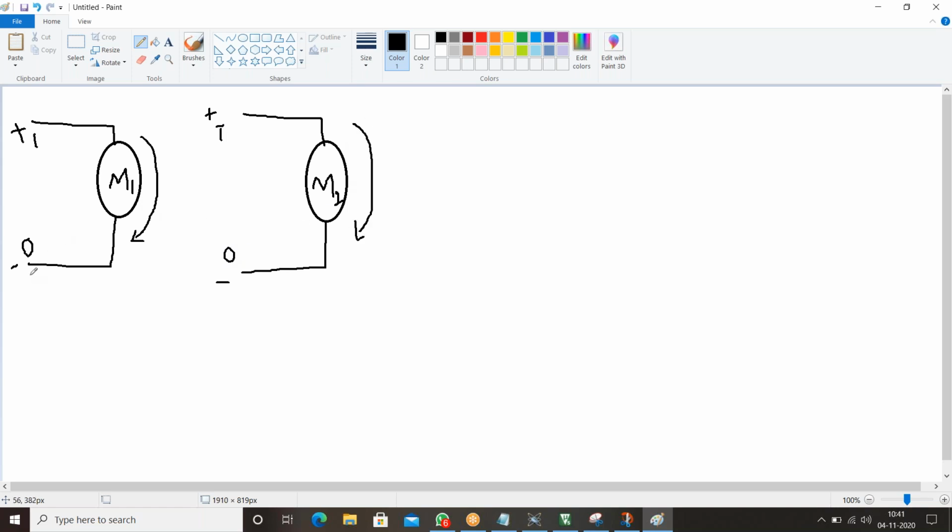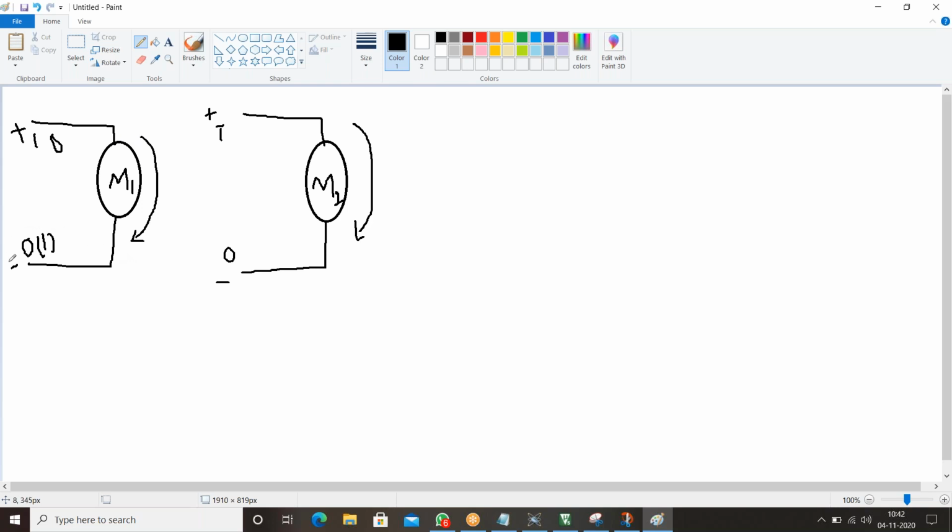Obviously if on the side of the negative terminal you give logic 1, and you give 0 at the other terminal, which means that if you take input 1 and input 2, if you give input 1 as 1 and input 2 as 0, motor 1 will rotate in forward direction.